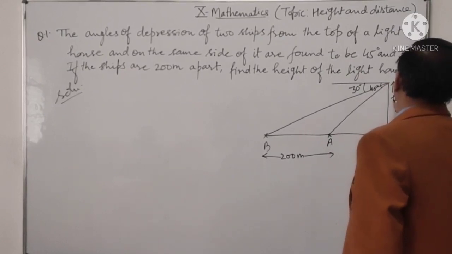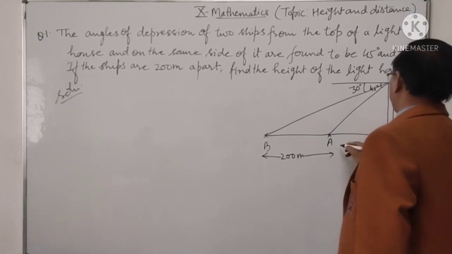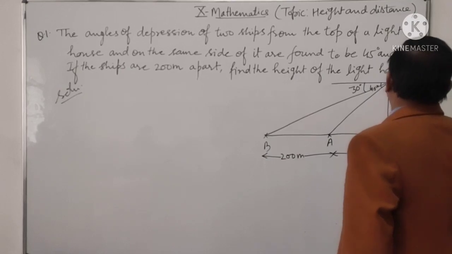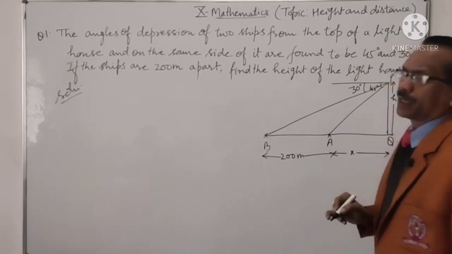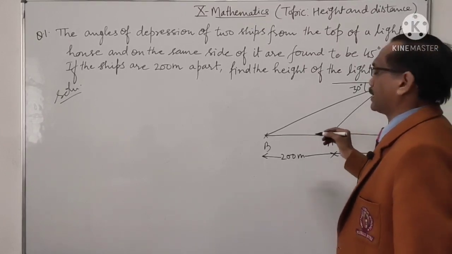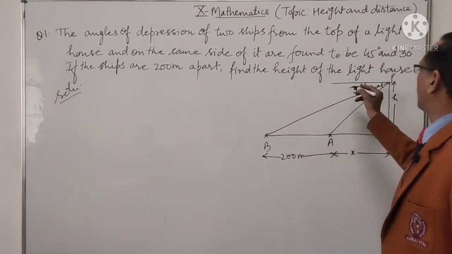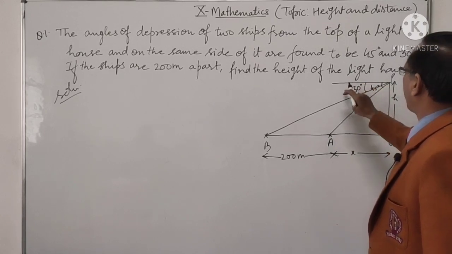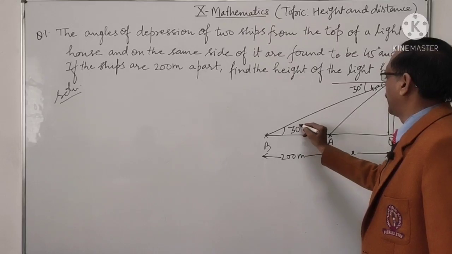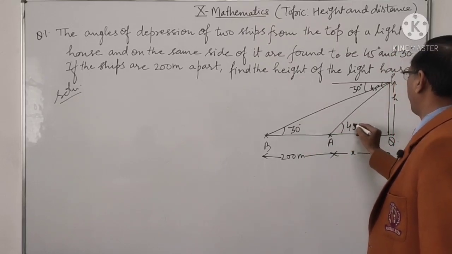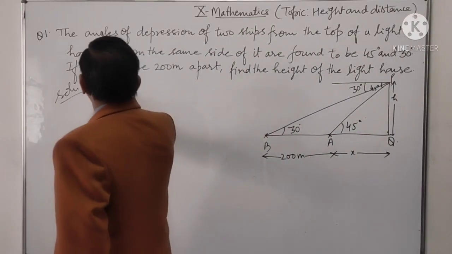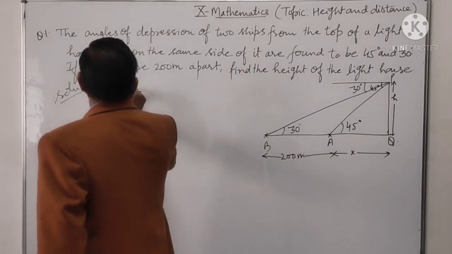Student, let the height be h. This distance, let it be x. Let PQ be the lighthouse. Then, since these angles are alternate angles, this is also 30 degrees and that is 45 degrees. Now in triangle PAQ,